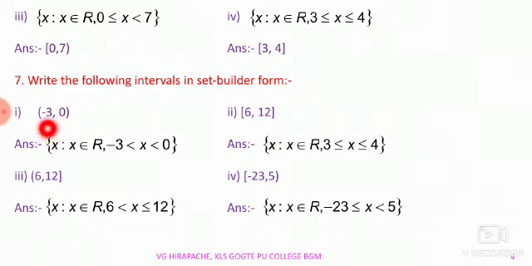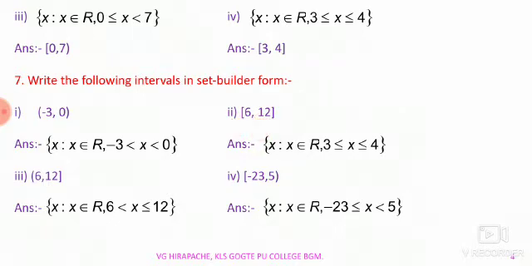Now the open interval given to us is (-3, 0). We have to write it in set builder form: the set of x such that x belongs to R. -3 is inside the open interval, that is, not inclusive, so -3 less than x, and 0 is also open, therefore -3 less than x less than 0. Moving to the next question, the closed interval [6, 12]. It is a set containing x such that x belongs to R, 6 less than or equal to x less than or equal to 12, because both 6 and 12 are